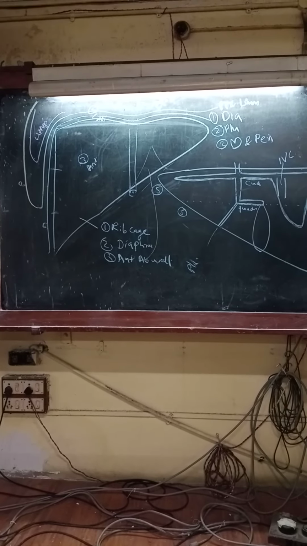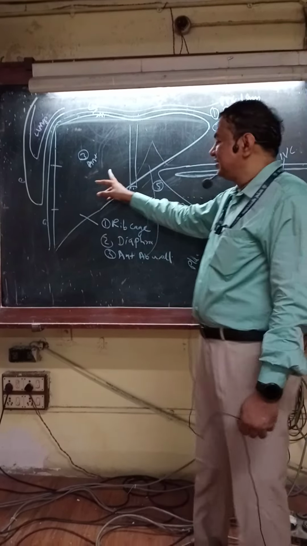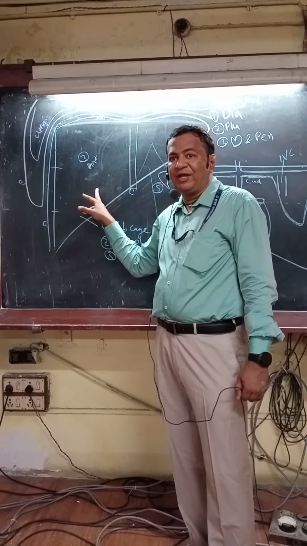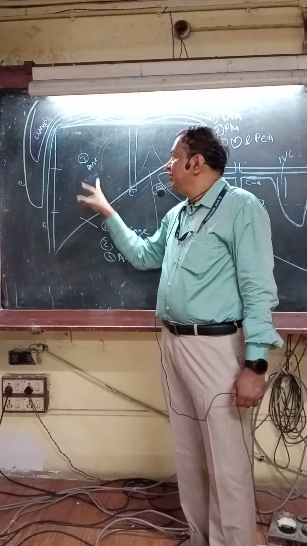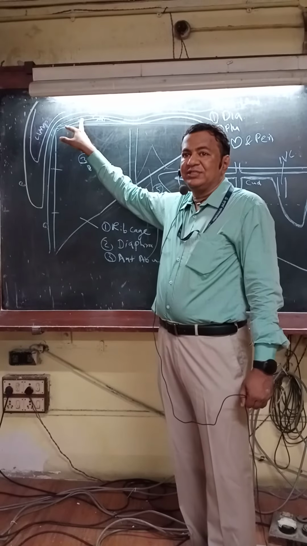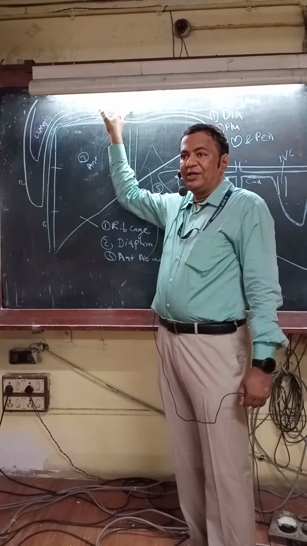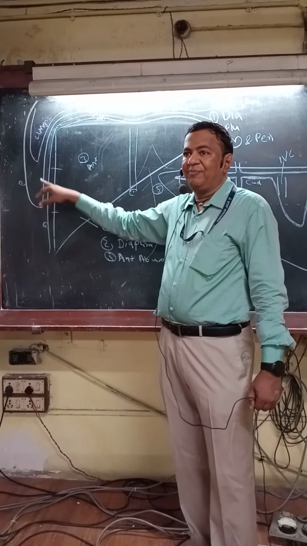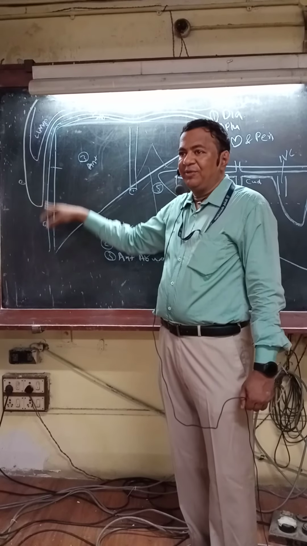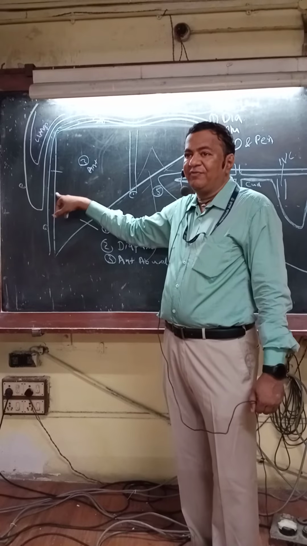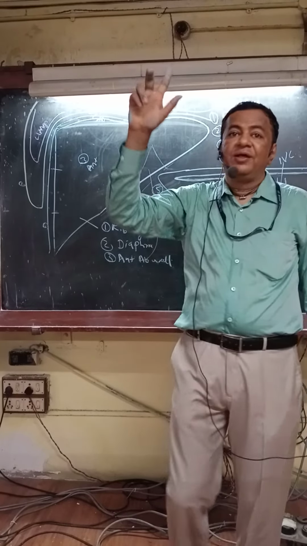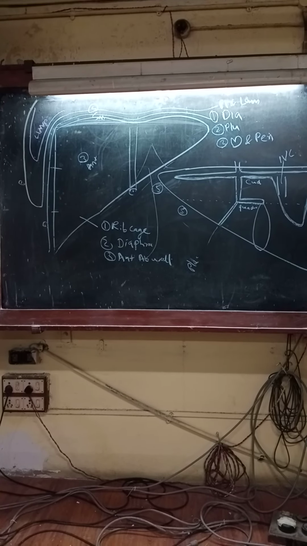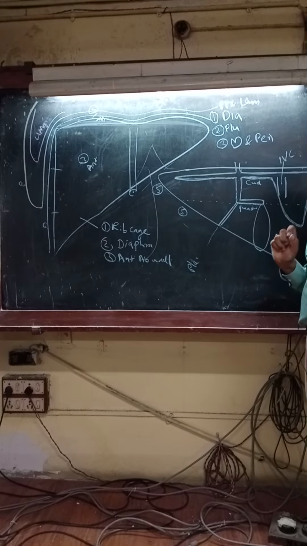Okay, so now let's go fast on this. The anterior surface is related to three structures: rib cage, diaphragm and anterior abdominal wall. The superior surface is related to three structures: diaphragm, lung and pleura, and heart and pericardium. The right surface is related to three structures: diaphragm in all thirds, pleura in the upper and middle one third, and lung in only the upper one third. Clear?